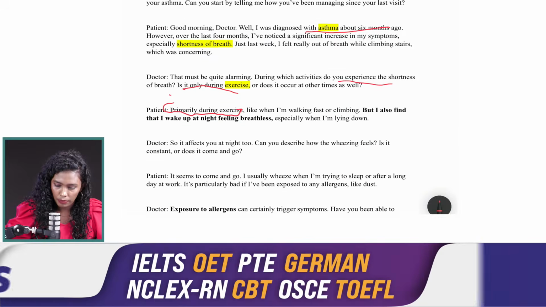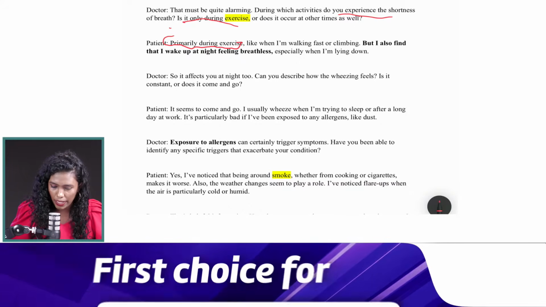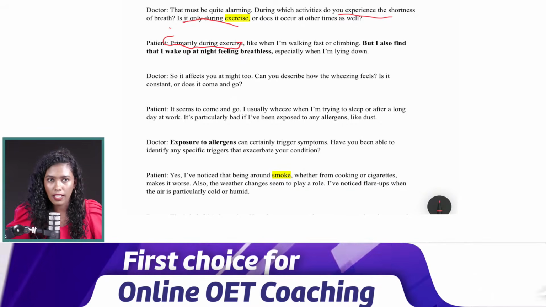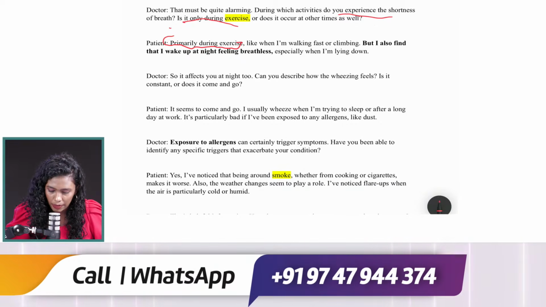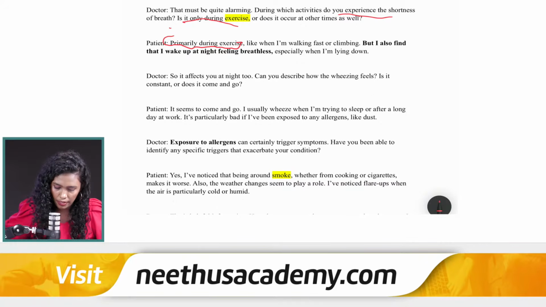Okay, now the next one here is question number 4, difficulty dash due to asthma attacks. So here the answer was sleeping. So the patient does discuss here having difficulty sleeping due to asthma attacks. So the term is directly stated over here, that the patient does